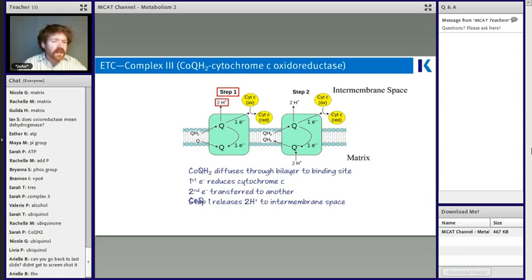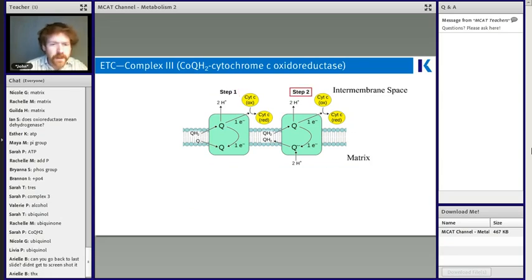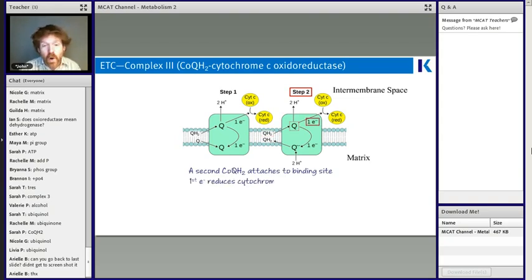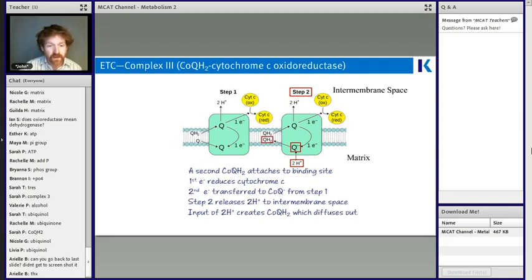But so let's do the big picture idea. Big picture is you're going to reduce two different cytochromes, right? We're going to pump two protons the first time, and two protons the second time. And then in the end, we're actually going to recycle, I guess you could say, or reproduce another one of those molecules of ubiquinol. So notice the input of those two protons, as we said, goes to that -2 charge, right? Now it's got a -2 charge, thus picking up two protons,